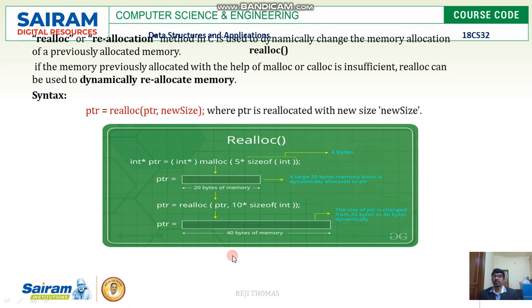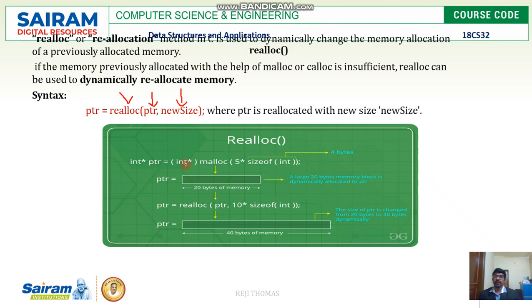Next is realloc. Realloc is again very interesting. It is going to reallocate the space which was allocated by malloc and calloc. Think that initially you thought, okay, I need only 20 bytes of space. At a later stage you understood that the 20 bytes which were allocated are not enough for you. In that case you can reallocate. Please look at the syntax. We use the function realloc. ptr is the pointer which holds the address of the memory allocated using malloc or calloc, and then the new size you need for that.